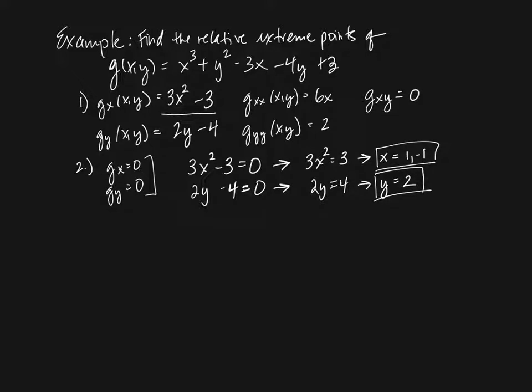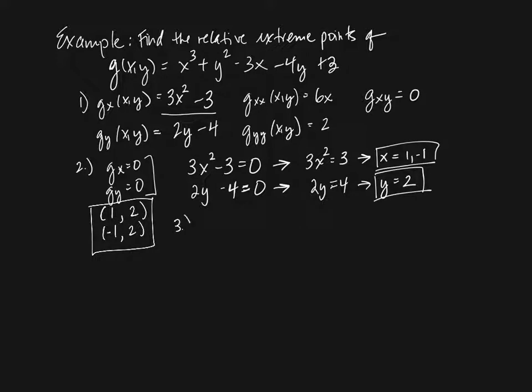So this basically means we have two solutions here, because we have the case when x is 1, and the case when x is negative 1. But no matter what the x values are, we get only one y value. So we actually end up with two solutions here. So we have 2 points to consider, and we need to calculate d for each of them.